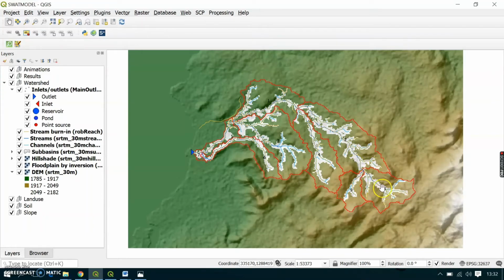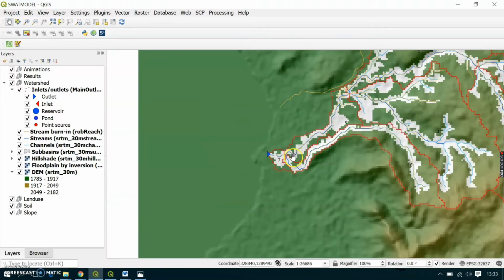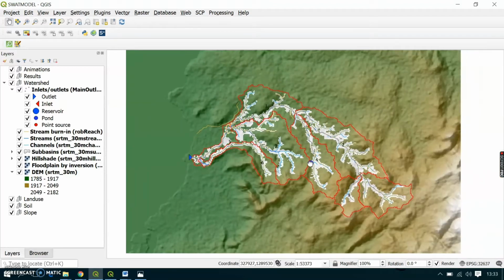Last time we saw how to describe or delineate our watershed. Here we can see we have created subbasins which are numbered. These areas are areas of highland, while these are lowland areas. And also we have stream networks, and here we have our outlet. So today we'll see how to create